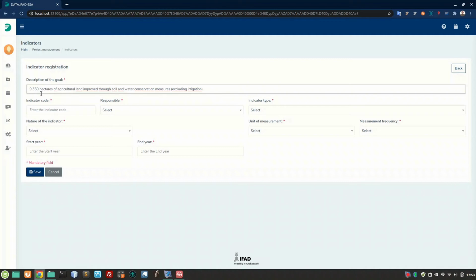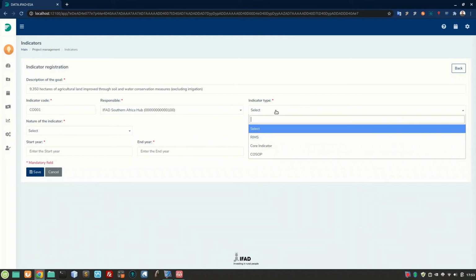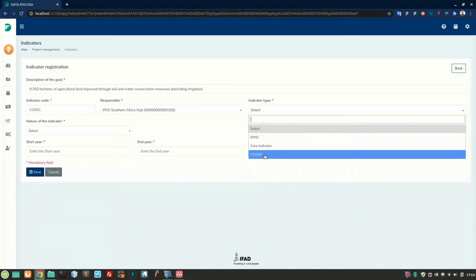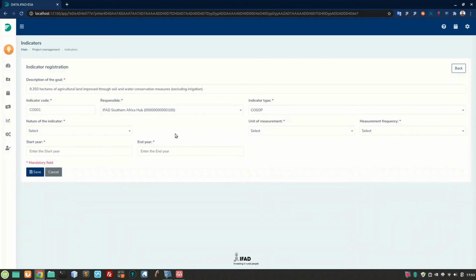Then you should insert the indicator code, its responsible, the type of the indicator, in this case is a COSOP indicator, its nature, which will be very important for its report later on,